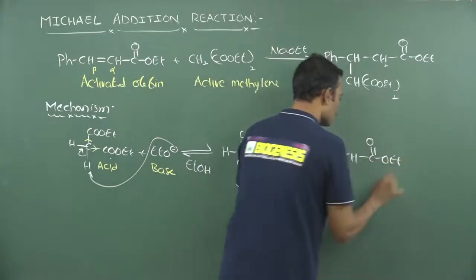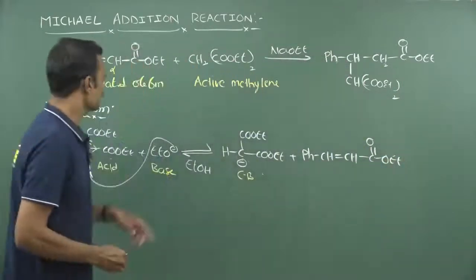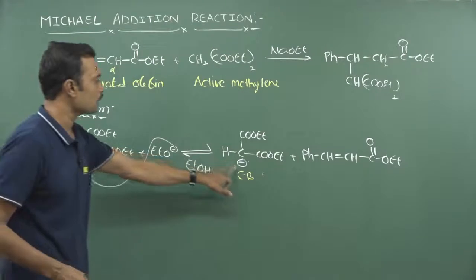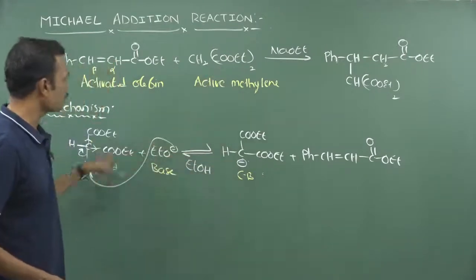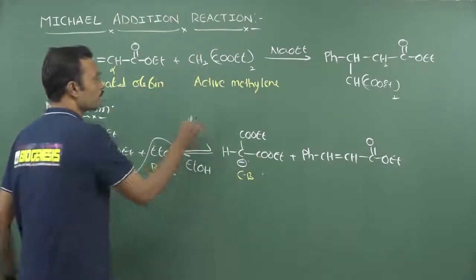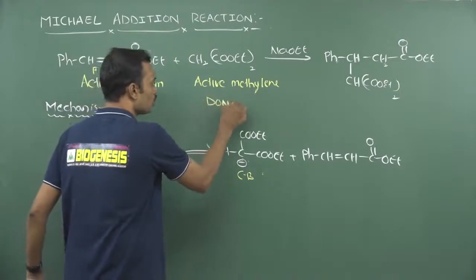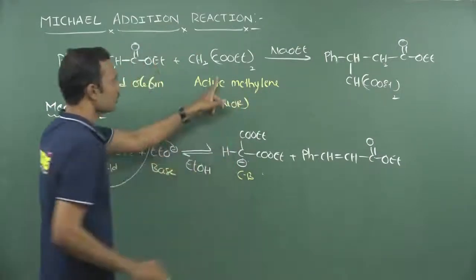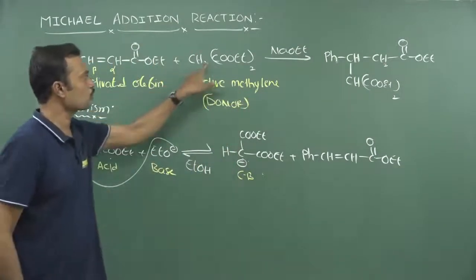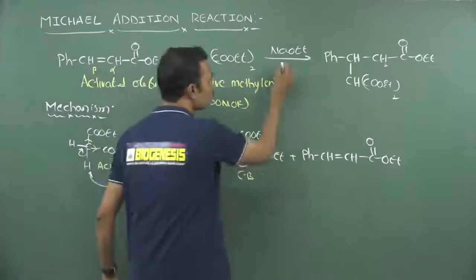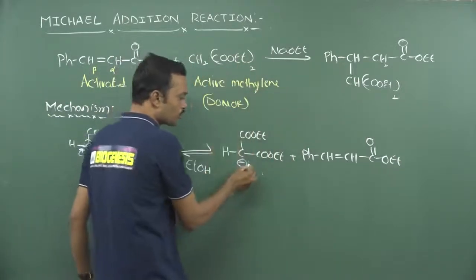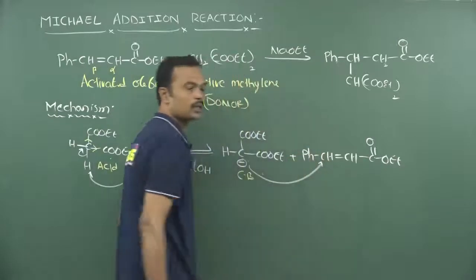So this is called the activated olefin. See, this molecule is accepting this carbanion. Is this molecule losing a proton or not? If any molecule in Michael addition loses a proton, that is known as the donor. See, this is the donor in this reaction, meaning it is losing a proton with the help of this base. After losing the proton, it will form a conjugate base. Now this conjugate base will add on the beta carbon.